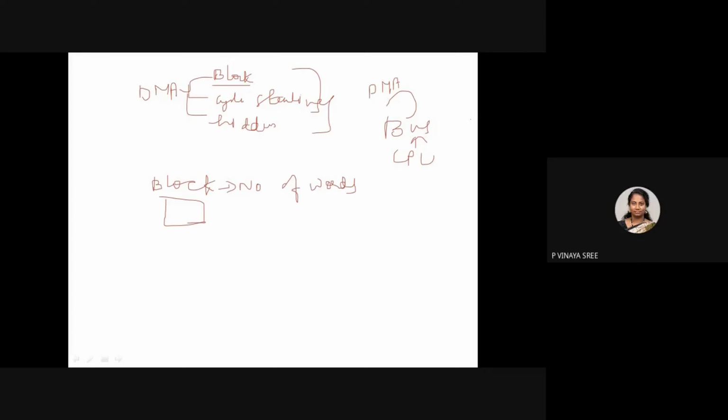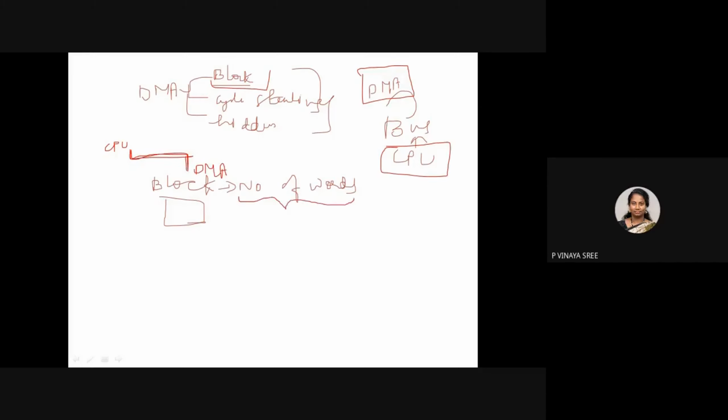How efficiently we can use this bus is the main concept, so that CPU time should not be wasted, and at the same time DMA must also transfer data from external devices to memory. First we discussed block transfer or burst transfer, where the processor gives the system bus to the DMA, and the DMA uses it until the number of words has been transferred to memory.